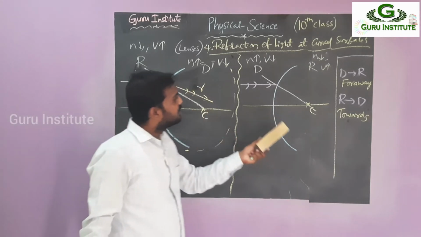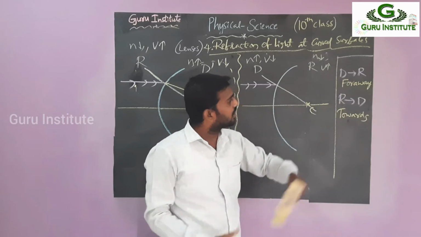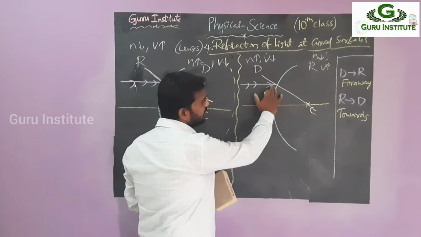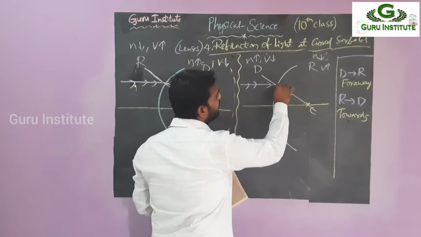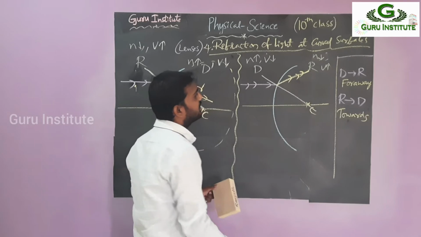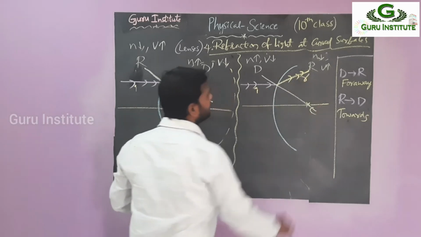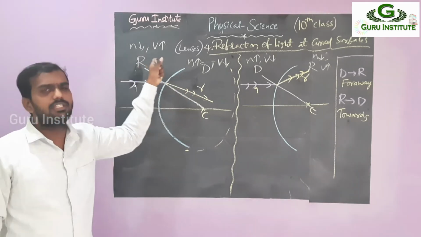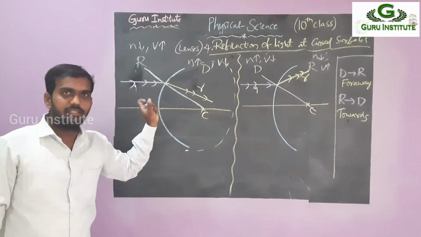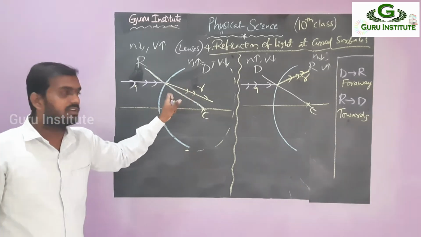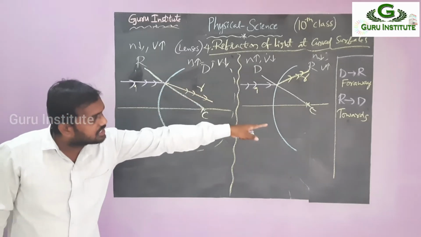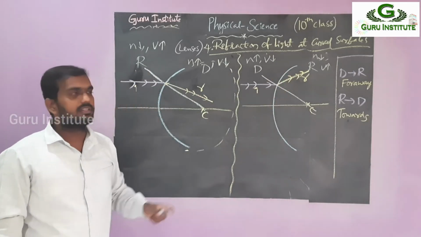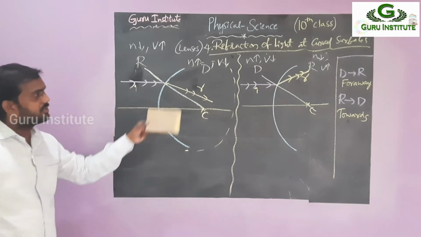Let's come to this one. Denser to rarer. D2R means what happened? Far away. This is the first medium and this upper part is the second medium. So this is the far away case. This is the incident ray, this is the refracted ray. Incident ray and refracted ray depend on the medium. Rarer to denser, after the normal, is towards. So it is far away in this case. Just observe this picture.